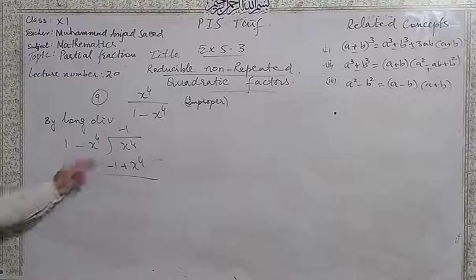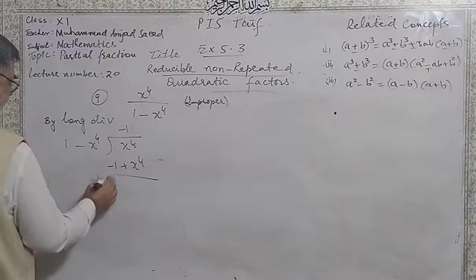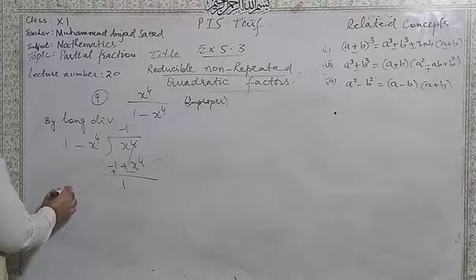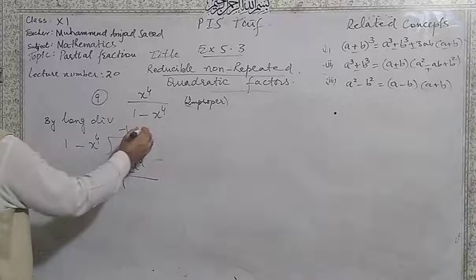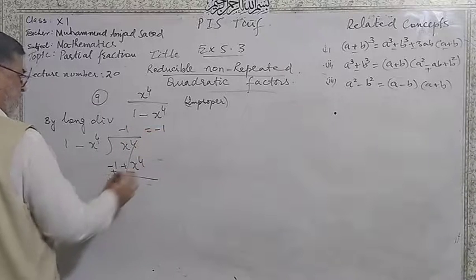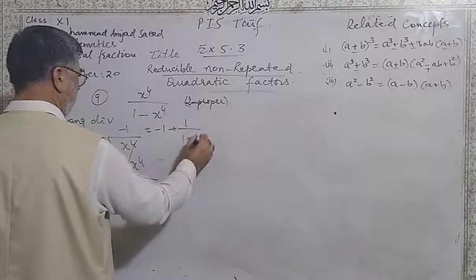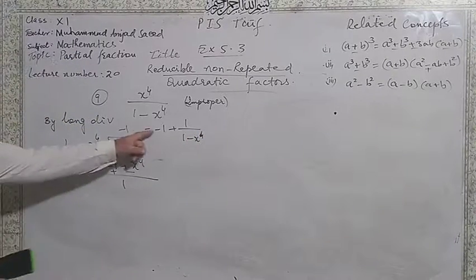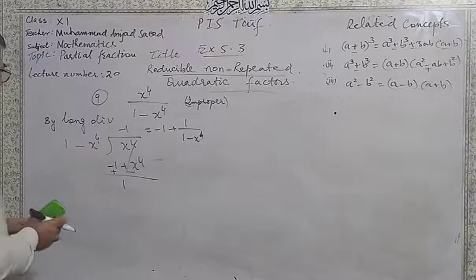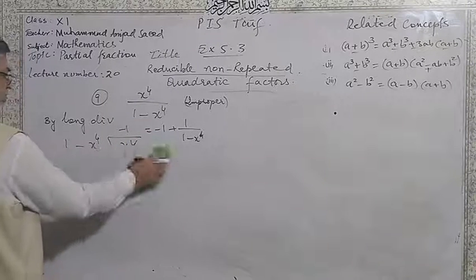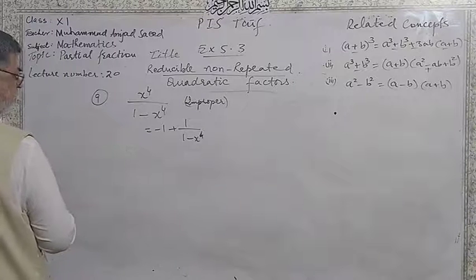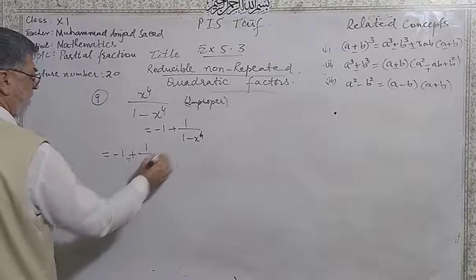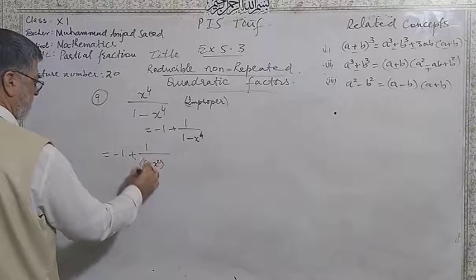Minus 1 plus x4. Change the sign. Cancelled out, this is 1. So we can write down this fraction as minus 1 plus 1 over 1 minus x4. This was long division. And here minus 1 plus 1 over 1 minus x4 can be further simplified